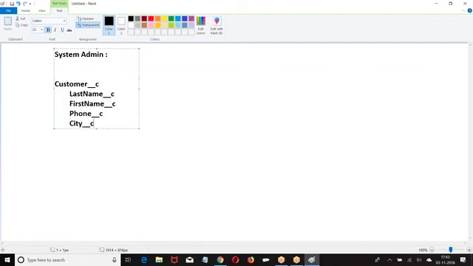Now, I have a system admin profile. My profile is system admin. I have a customer table. I have a last name. This is it. Now, for the system admin profile, last name I told read write. First name read write. Phone number not visible. City not visible. Now I designed a VF page, Apex page,